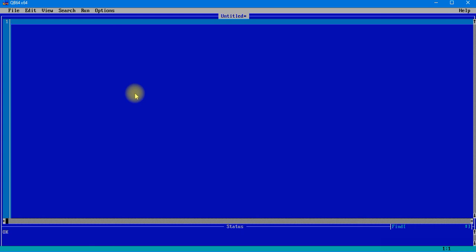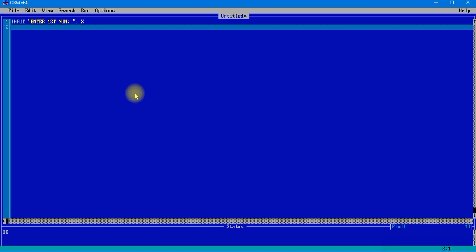So let's take and do a sum of two variables. Okay, so we'll take first input, enter first number, and we'll take a variable called x to store it.